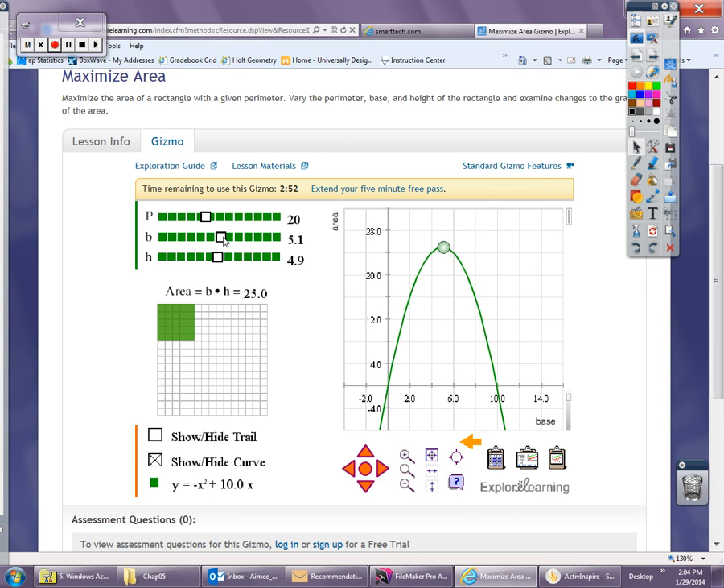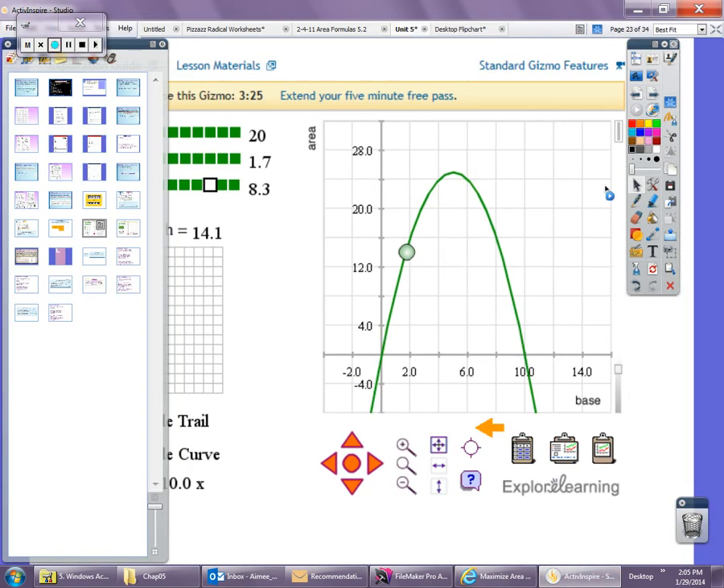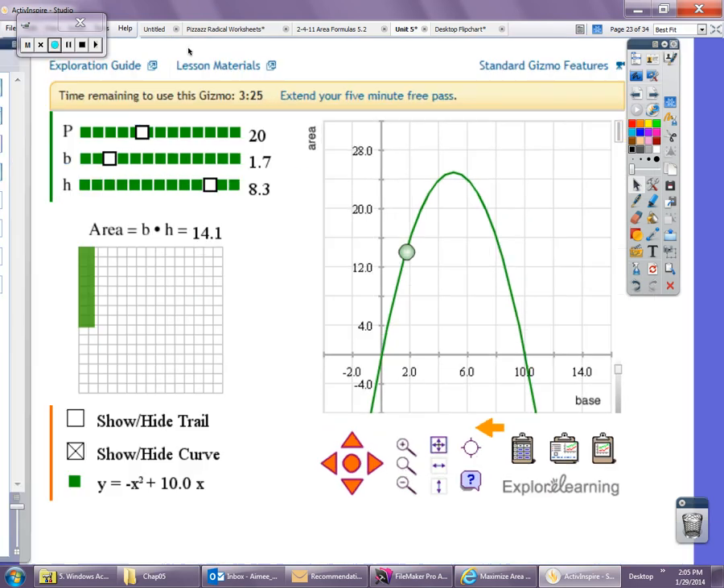And what is your height when the base is 5? It shows you that your height is also 5. There we go. So what kind of figure is that? Rectangle? And your rectangle is, of course, a square because both the base and the height are the same. So we find out that in order to maximize your area with a set perimeter,